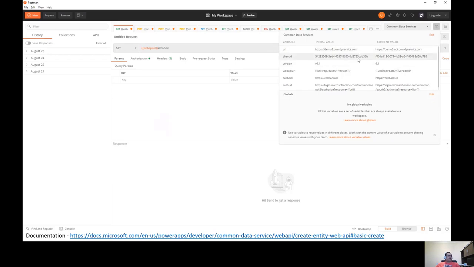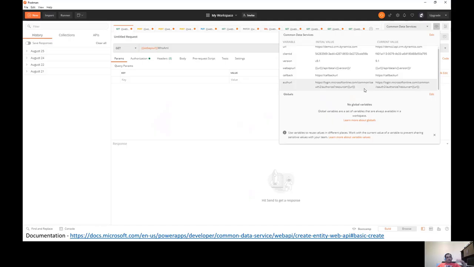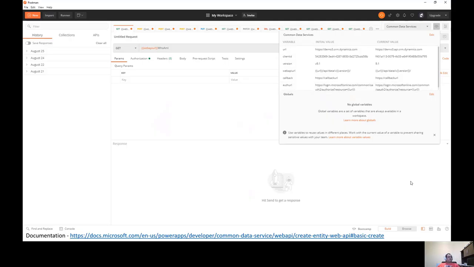I have my client secret that I created as part of my app registration. I've just given it separate version names, and then I have a web API URL, right? And then I have a callback URL and an auth URL. So I have this information set up.